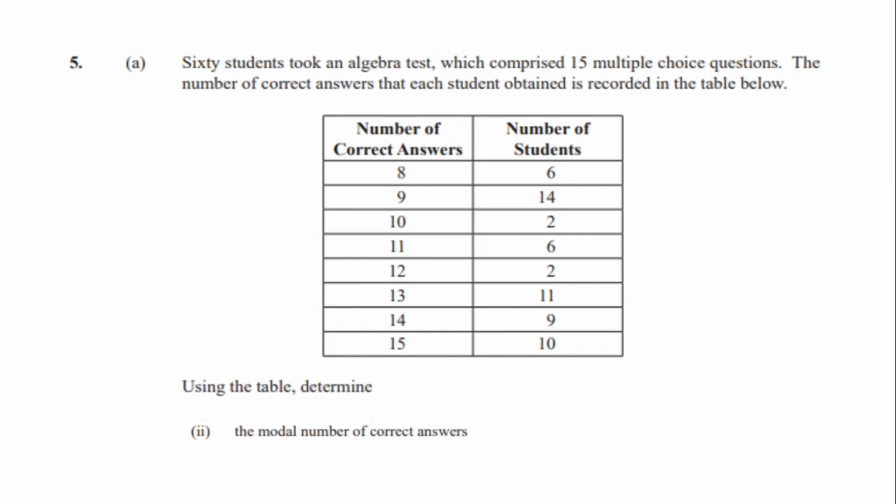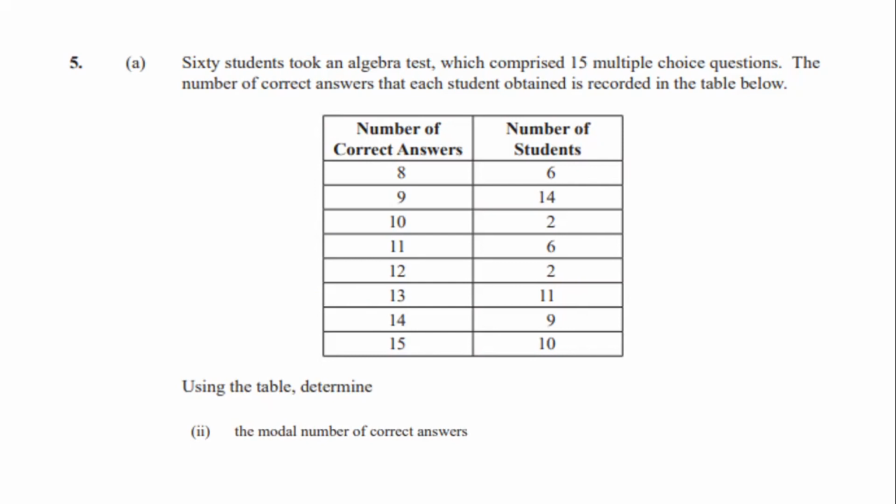Part 2 now says, using the table, determine the modal number of correct answers. If you remember, modal or mode speaks to the one that occurs the most or the highest value. So we're looking at the number of students with the highest value, which would be 14. So the modal number of correct answers would be the one that corresponds with the highest number of students,